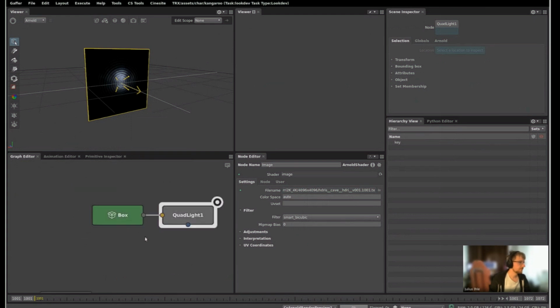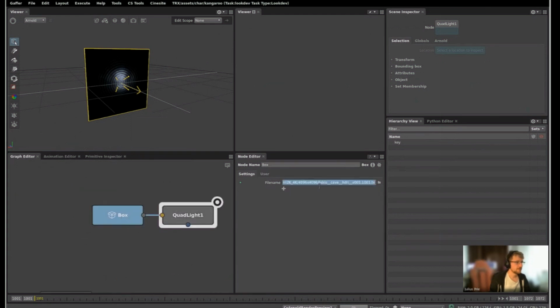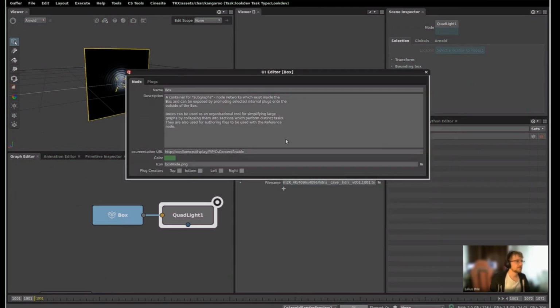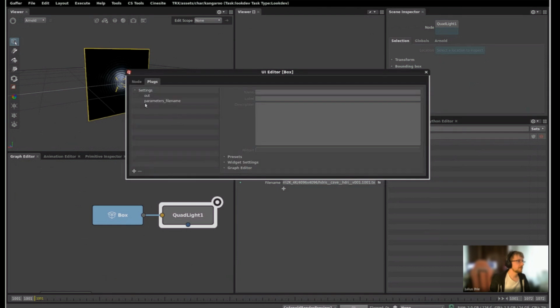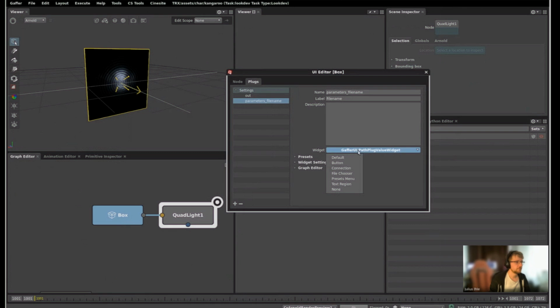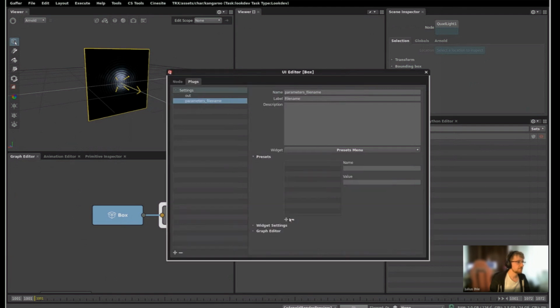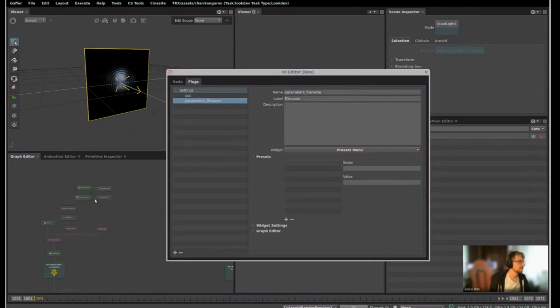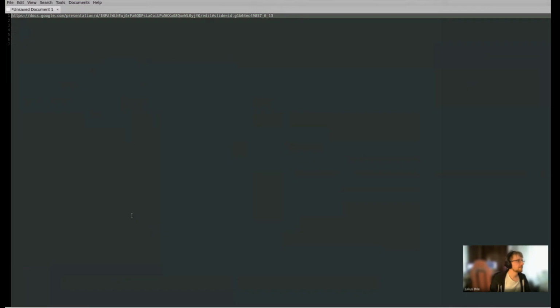Box. And you can see it now. I have it available here. However, like I mentioned, I wanted to have a bit of a nicer UI available for it. So on the file name, I want to change it from a file chooser to a presets menu. And then I can basically add the different files that I had available. In this case, I think, no,